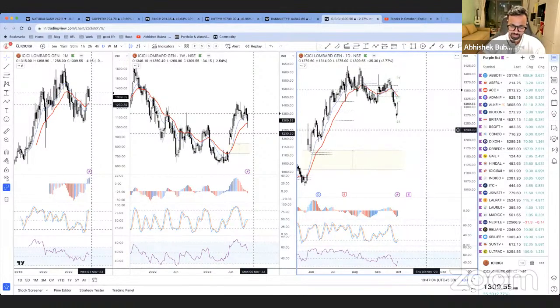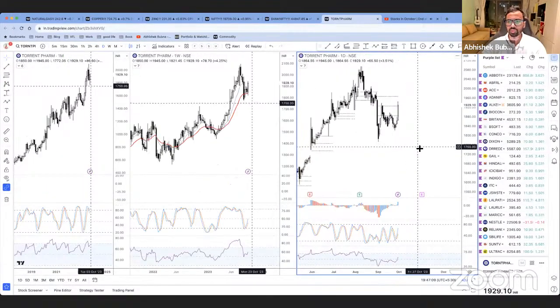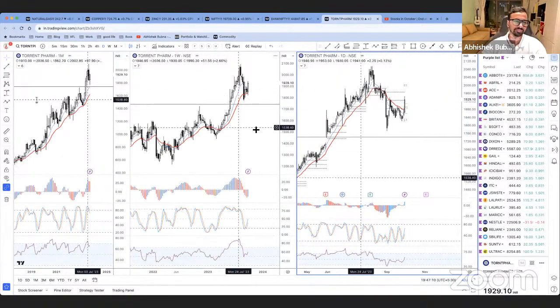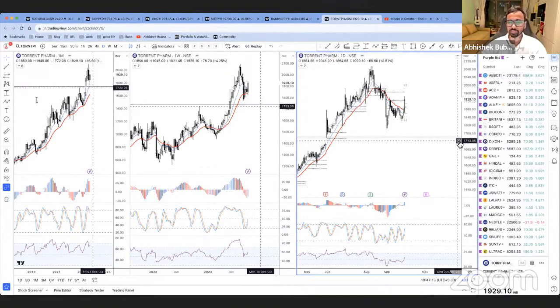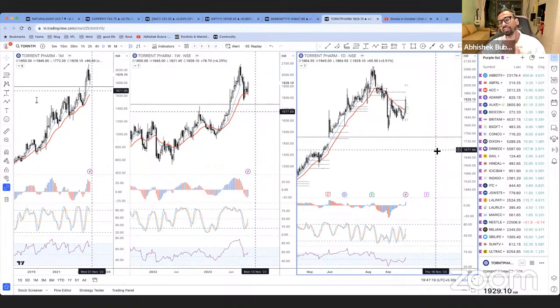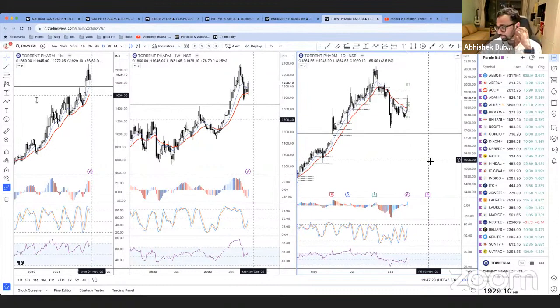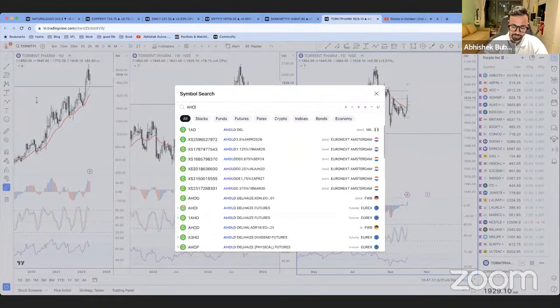And Torrent Pharma भी मैंने check किया था. Yeah, I mean, ठीक है, there's no setup per se for me. Like, I know this is your divergence and this is what you're looking at, but I wasn't impressed. Maybe आज pharma stocks ऐसे सारे ही बड़े थे, so maybe. ठीक है. Next, Ashok Leyland.